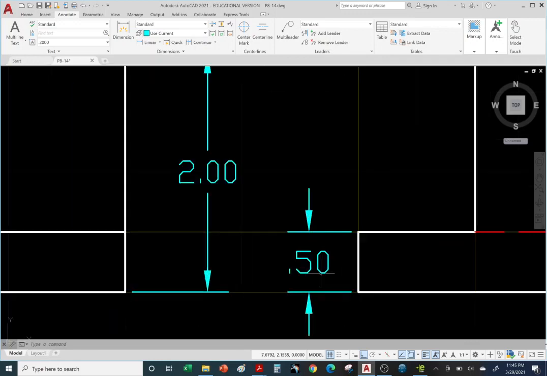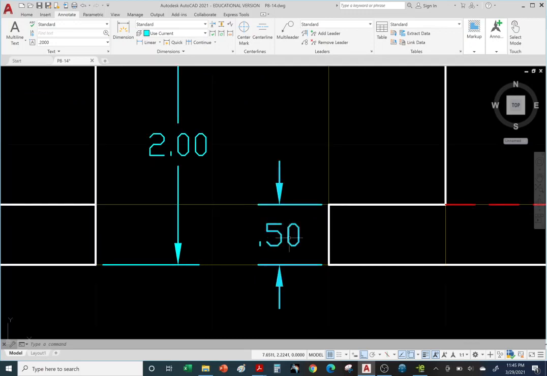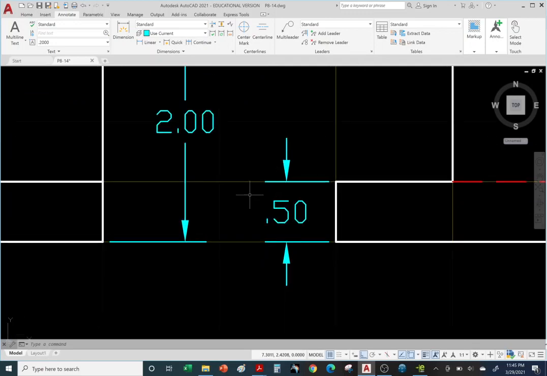Let's zoom in a little bit, roll the wheel. Okay, so one thing you don't want is for this to look too tight. So in this case, AutoCAD automatically set the arrows outside. We can always set the arrows back inside. So if I select the dimension, I can always hover over the grip and see just by hovering over the grip at the tip of the arrowhead, I can flip the arrow if I want. Same thing with the bottom one. I can hover over the blue grip and flip the arrow and hit escape to deselect, and see that looks,